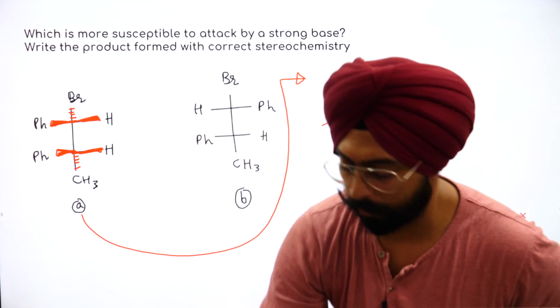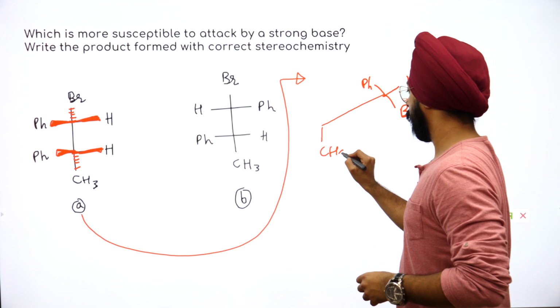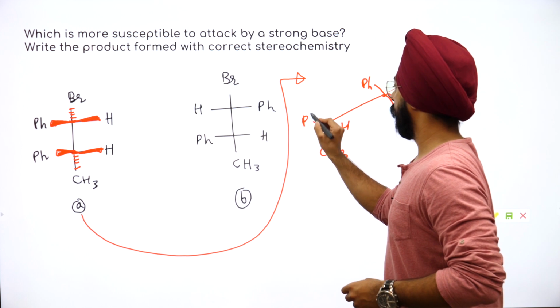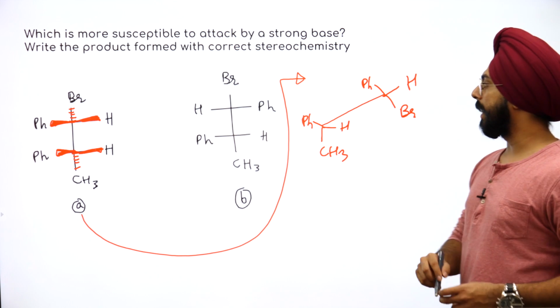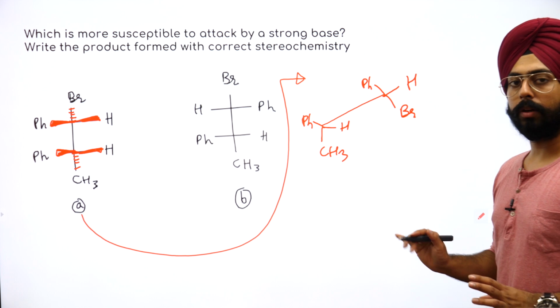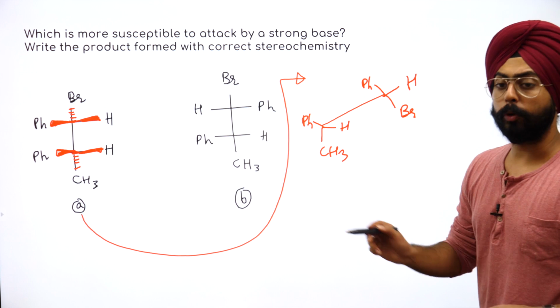Okay. So bromine at the bottom. यहाँ पे नीचे क्या आएगा? CH3. This hydrogen on the right hand side and the phenyl on the left hand side. Yes, ये बन गया कि नहीं? आराम से देख लो, तसल्ली कर लो अपनी. Cool. Now people, let's try to make its Newman projection.